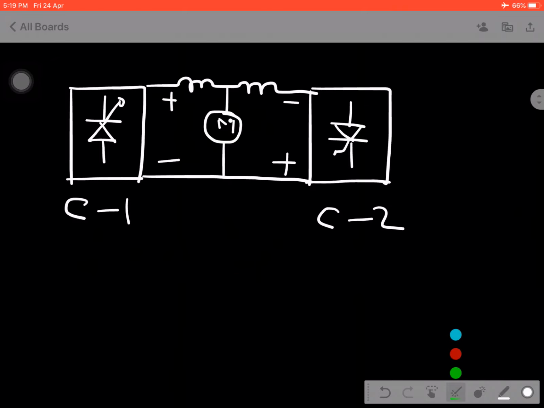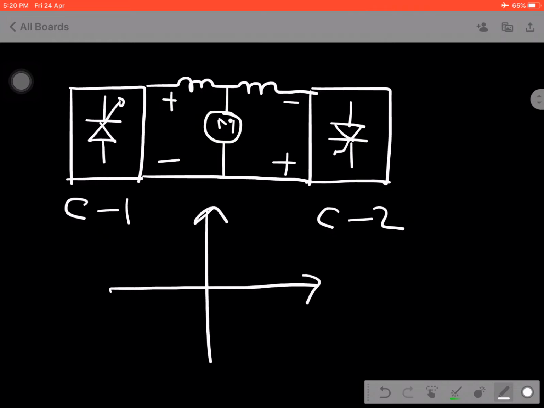When the first converter starts working and the second one is off, the current flows to the load and the machine moves, suppose, clockwise. Similarly, when the second converter starts working and the first one is off, the current flows in this direction, and the machine moves anti-clockwise. That means we can control the direction of the speed by using converters. That is a major application of non-circulating mode of operation for industry purpose. It will cover four quadrants automatically.